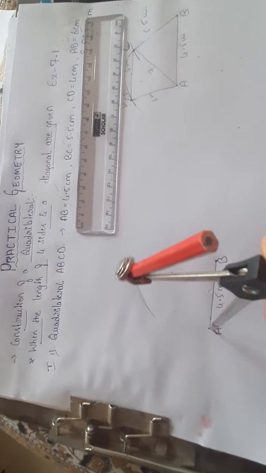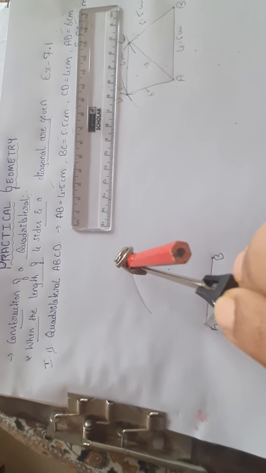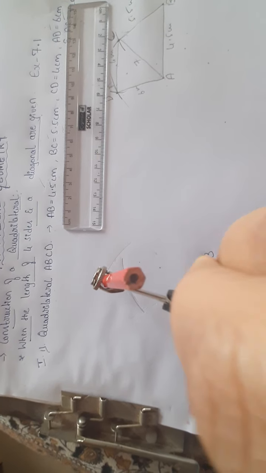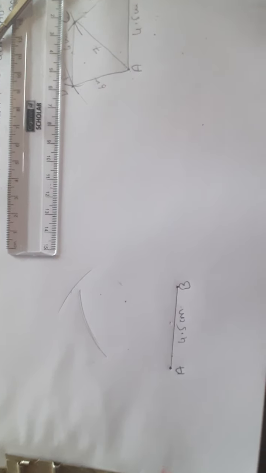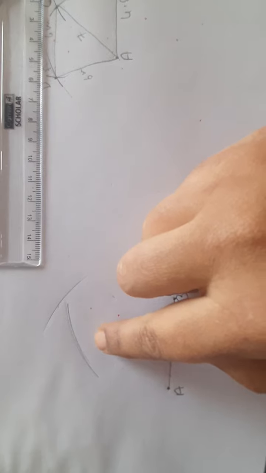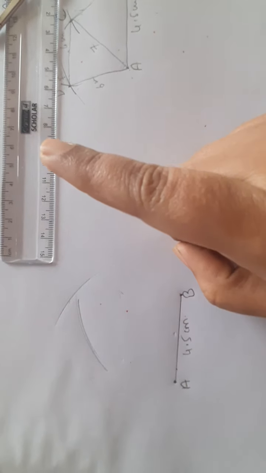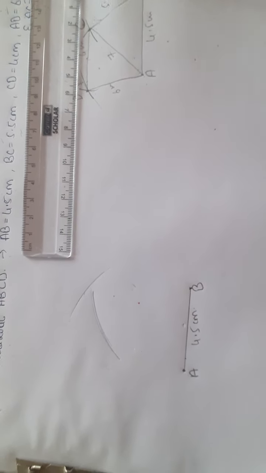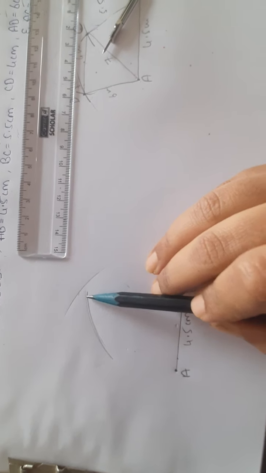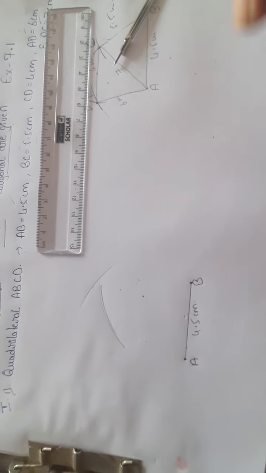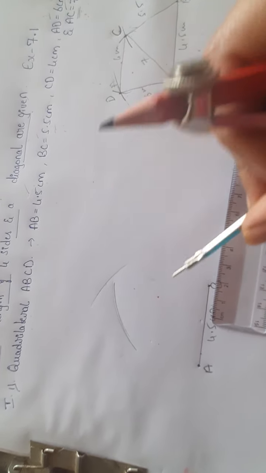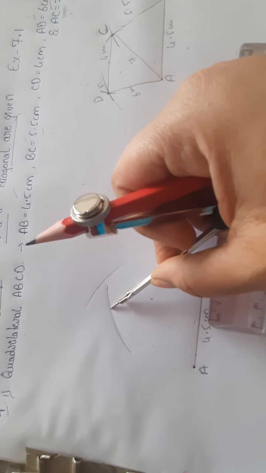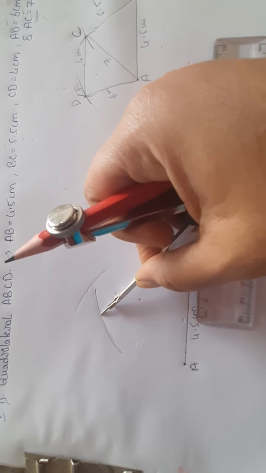Now from A, look now what is happening. From A, I will cut an arc AC of 7 centimeter. But look what happened. Both the arcs which I drew are not coinciding. In that case, please don't take a pencil and extend like this. If you do so, we can easily make out, children, though you are good at drawing. Don't do that.